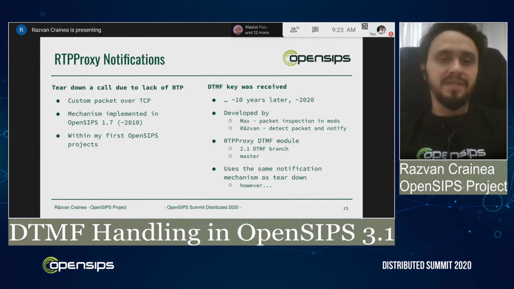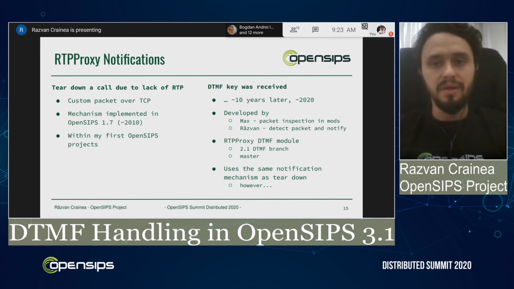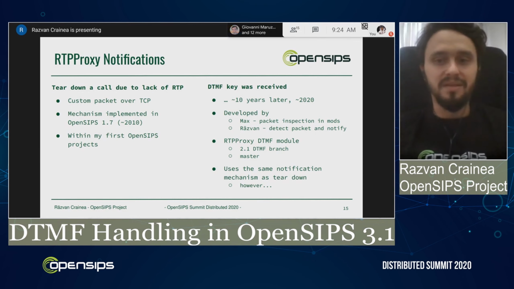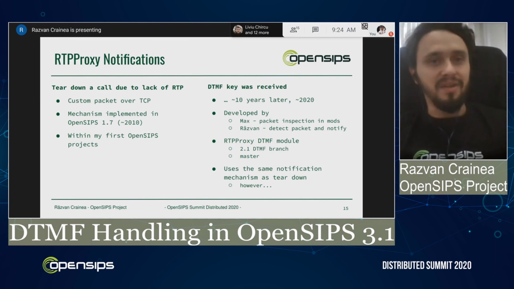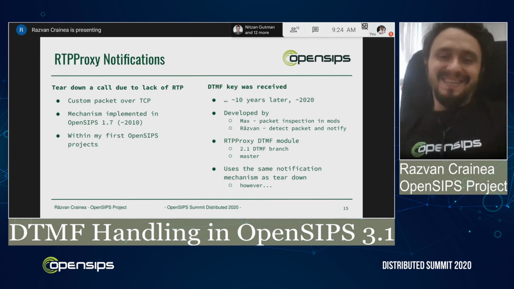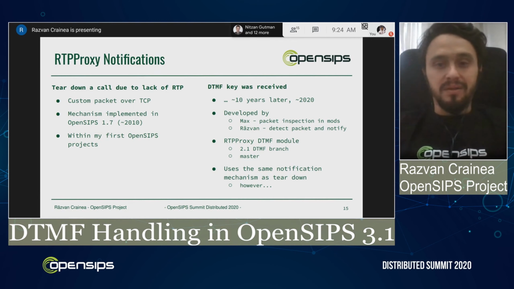So Max, besides developing in RTP proxy and enhancing the modules interface to be able to do packet inspection in modules, after my initial attempt of detecting RTP packets and notify OpenSIPS, he came in and did the right job. So again, thank you, Max, for that. Also, it was long overdue. I wanted to do it. Thank you anyway. So yeah, we developed this as a new module for RTP proxy that can be found in